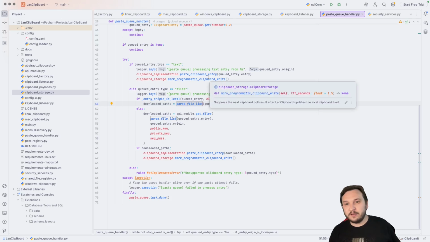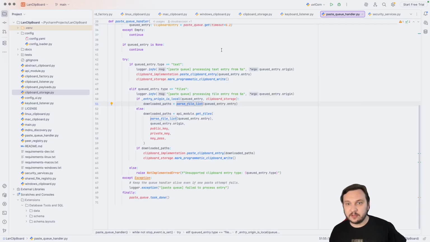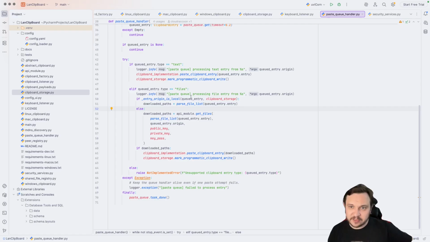So let's say we are copying from a Windows laptop to a Mac laptop. So we are storing paths on the Windows laptop in this list. So as soon as we've extracted this list and prepared it to be passed to the next method,